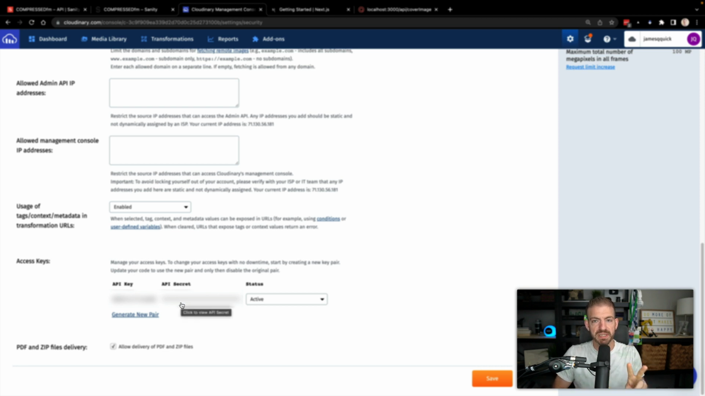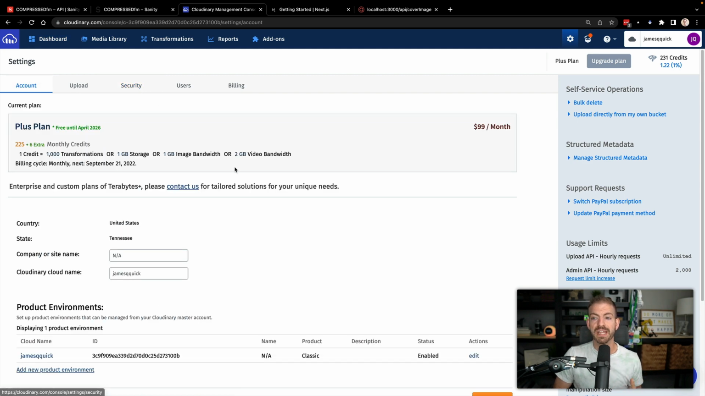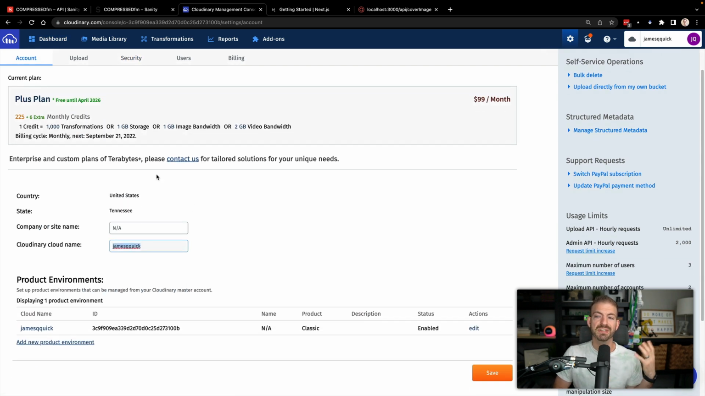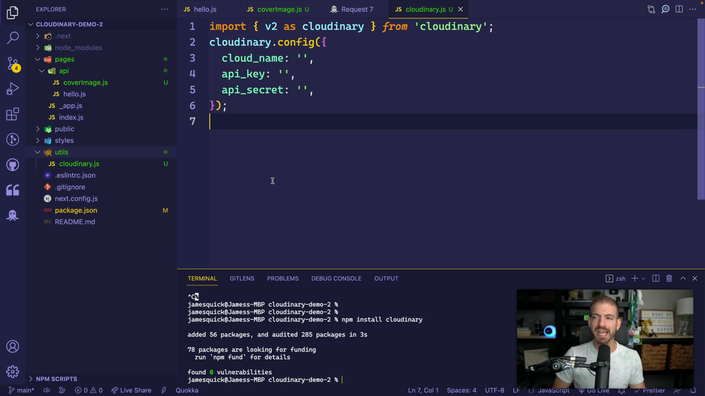So you'll need both of those. Make sure to copy those here in a second. Now, the other thing you'll need is your cloud name. Mine is just James Q Quick. You can find this under your account, Cloudinary cloud name. So make sure you have those three things, and then we'll take this back to VS Code and add those